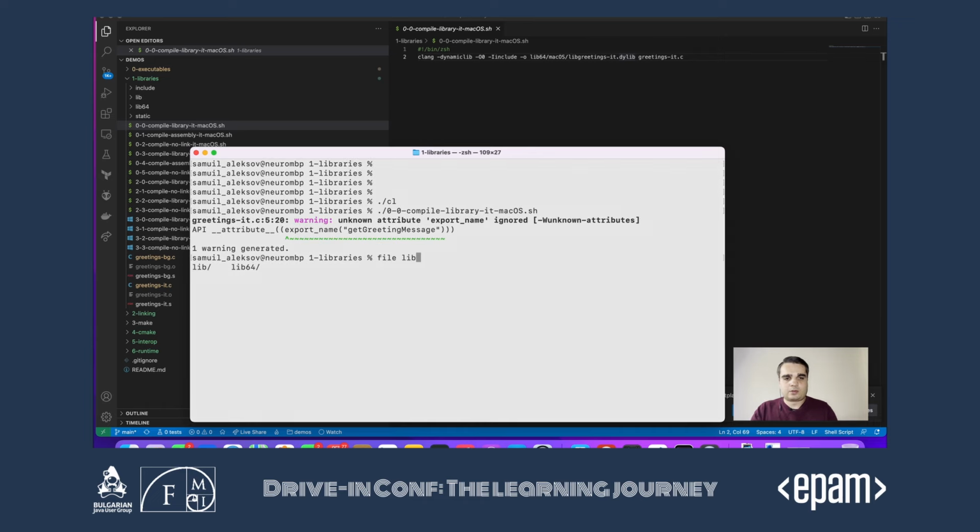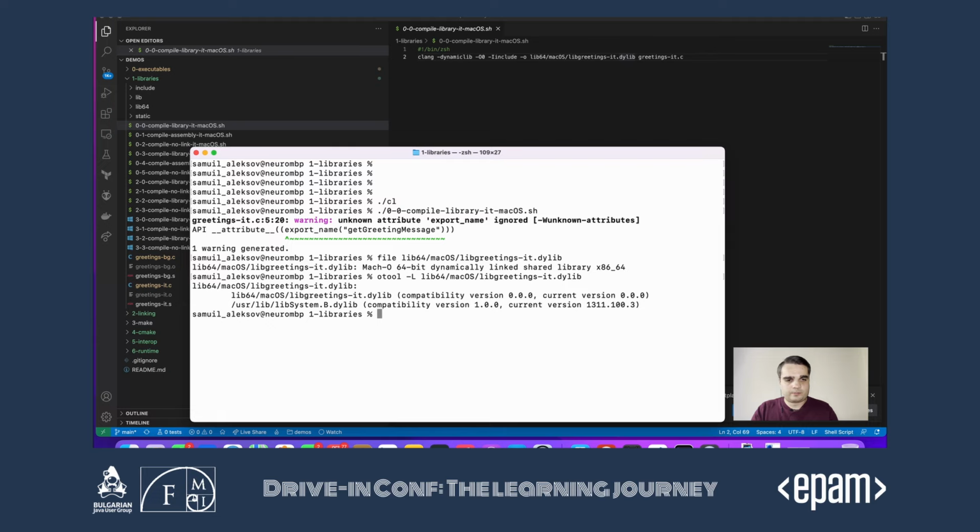Okay, and if we check, you can see that this is a Mach-O 64-bit dynamically linked shared library, and with otool we can see that it also links against libsystem for macOS.